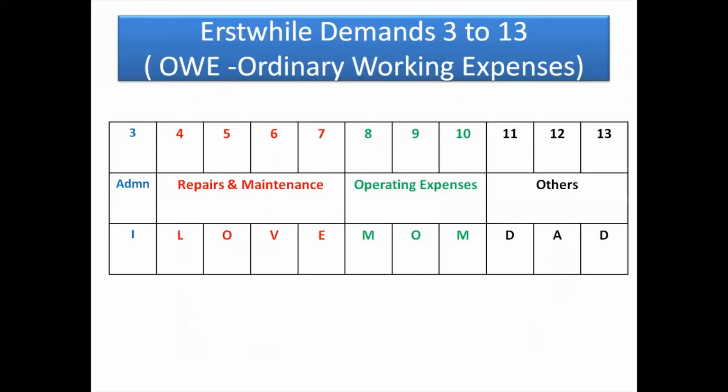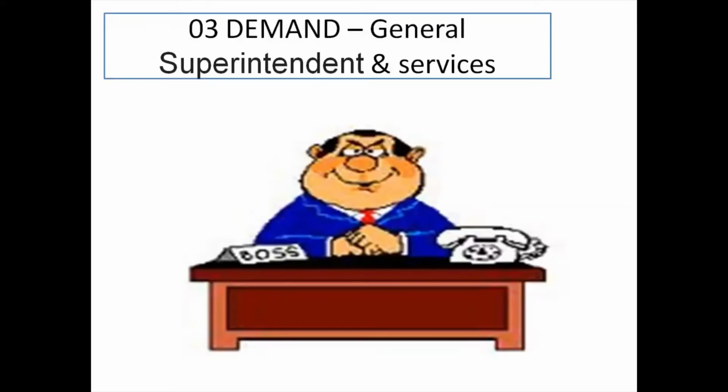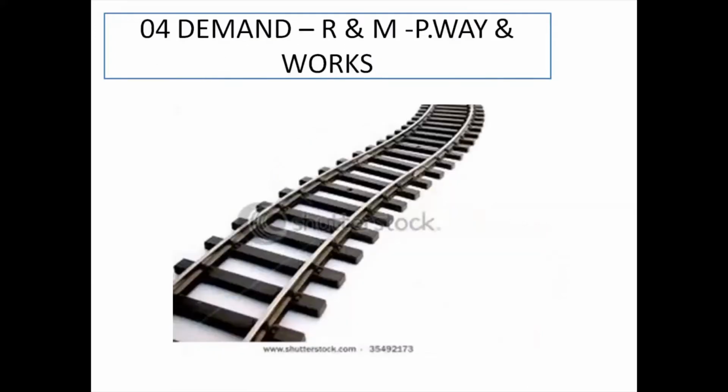Now what is the second category? The second category is the repairs and maintenance of all railway assets. How many demands do we have? 4, 5, 6, 7. 4 demands. Now we divide these into 4 types of assets. The first asset is the track. So demand number 4 is the repairs and maintenance of the track, or permanent way, and works. Works means buildings, bridges, roads. Permanent way means, as all of you know, track. So the entire repairs and maintenance of this permanent way and the works is called